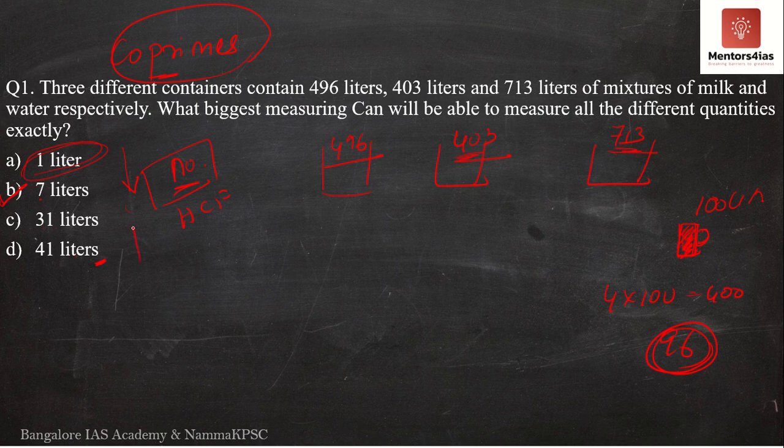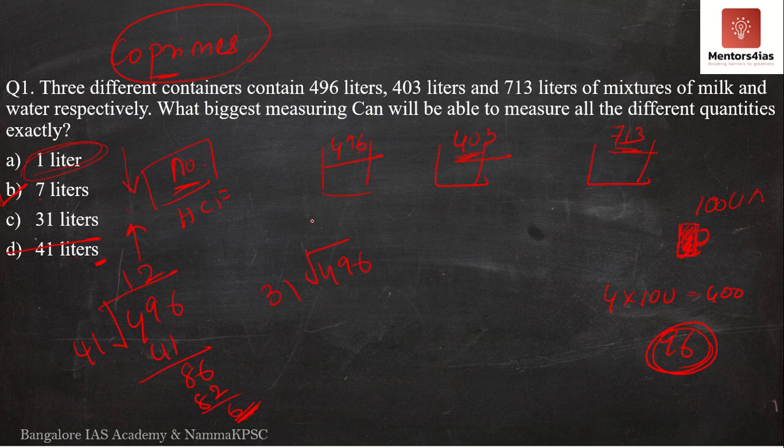So the better idea is to start in the opposite direction. So I will first check for 41. Can 41 divide 496? Now obviously this division is not necessary, but for the sake of explanation, I can straight away say that 496 cannot be divided by 41. So I'll just do this over here. 41 ones are 41. What do I get? 8, 6. 2s are 82. 6, I'm getting a remainder. So this is not divisible. If 1 is not divisible, then the entire option is incorrect. Let me check with 31 then.